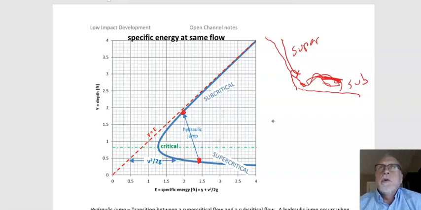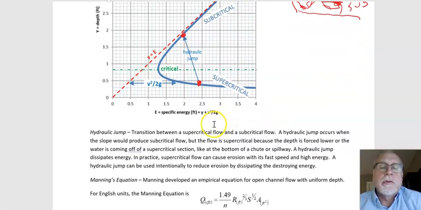Matter of fact, they use that at the bottom of a dam or dam spillway or something. You have to dissipate that energy. It has a lot of energy. So they can purposely make it so there's a big hydraulic jump, and that'll dissipate the energy to a certain degree. So going on the description here,